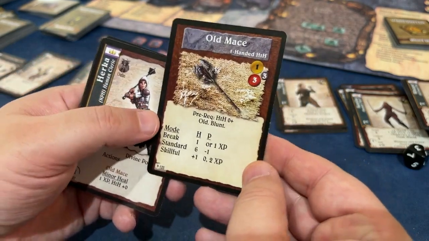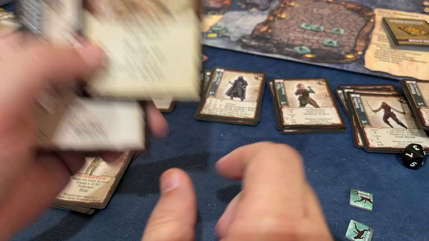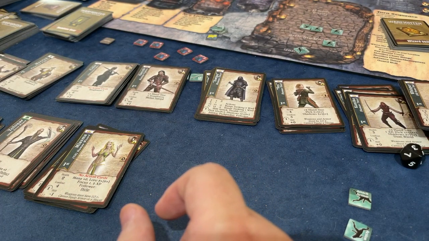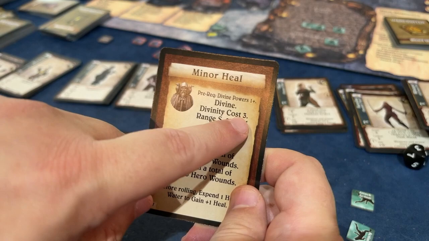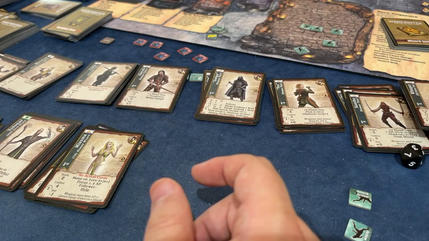So, and then she also comes with minor heal, and she starts the game with 1 experience point. So I'm going to go ahead and put her over here. She has an old mace with her, and she gets this spell, minor heal, which we talked about. It's going to cost 3 divinity to do, and she is with Odin the Wise. So what we do,